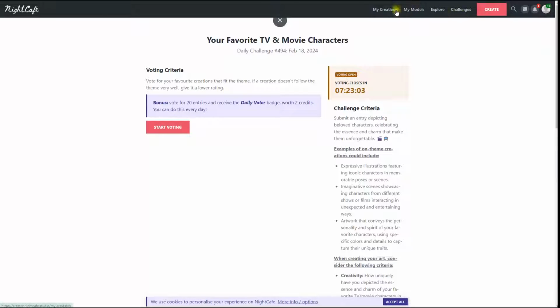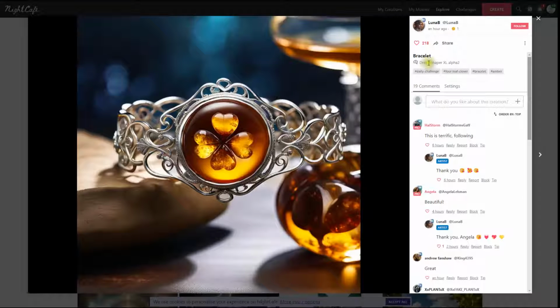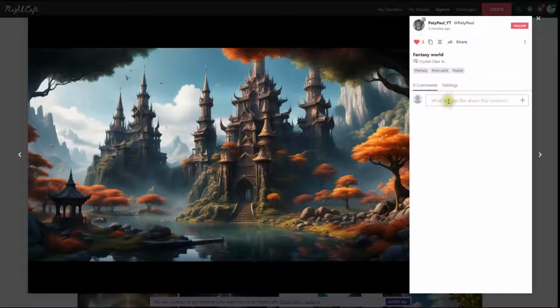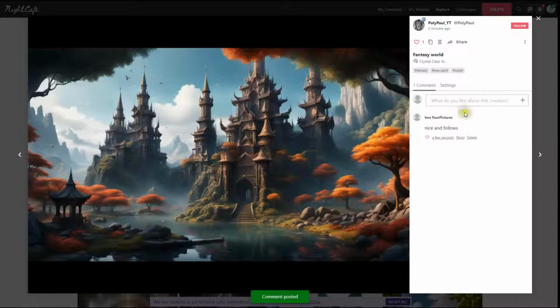Now the next thing that we're going to do is go to Explore, so I'm going to show you how to get more free credits before we create something. Click on the heart or the like, and notice that as you're doing that, you leave a comment there such as nice and follows. Then click on submit. I'm going to copy this, by the way, so I can use it for other people. And I'm going to say no thanks to the automatic notifications.